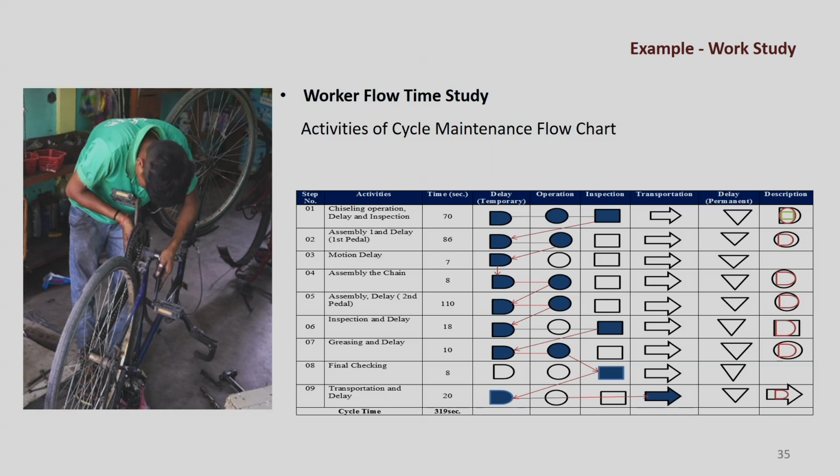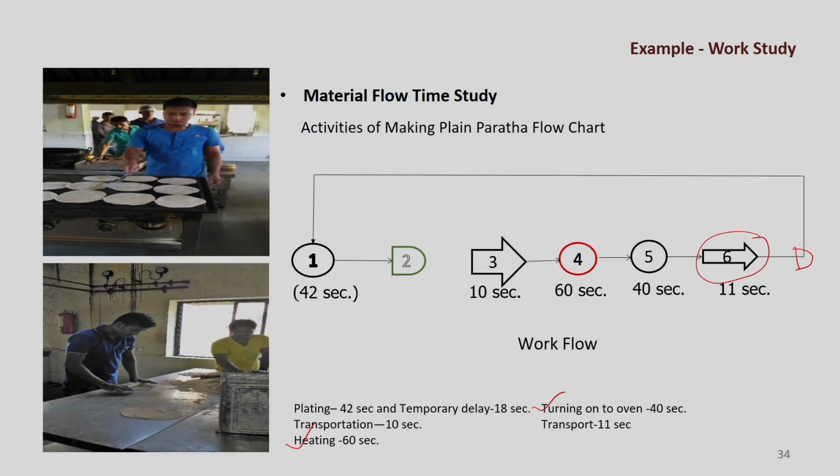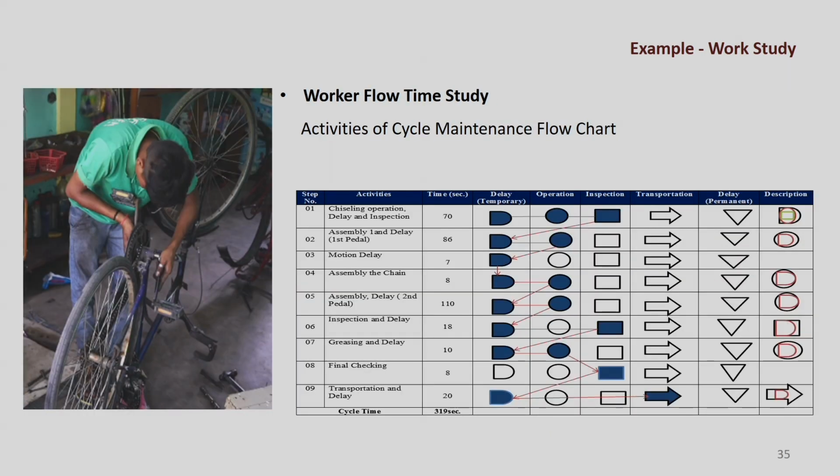Now, again here I tried to explain the worker flow and time study. Here it is material flow, here it is worker flow. So, we can create this chart like this. So, what does work study actually do? Work study talks about productivity. What is productivity? Per unit input, what is your output? So, whether you do your work study in terms of method study, motion study or time study, finally you try to explain the productivity.